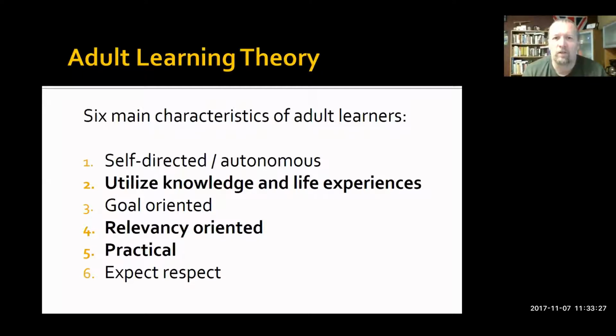There are 6 main characteristics of adult learners. And again, most of ours are adult learners. They're self-directed and autonomous. They utilize knowledge and life experiences. They have experience in life and they bring that to the classroom. They're goal-oriented. That's why they're back in school. Those of you who have taught large numbers of traditional students know that sometimes they're in school because that's where they're supposed to be, that's where mom and dad want them to be, or that's the logical next step. They don't want to get a job, you know, so there's many reasons. But usually when someone comes back to school, they're goal-oriented, they're here for a particular reason, and they have specific goals that they're hoping to achieve.